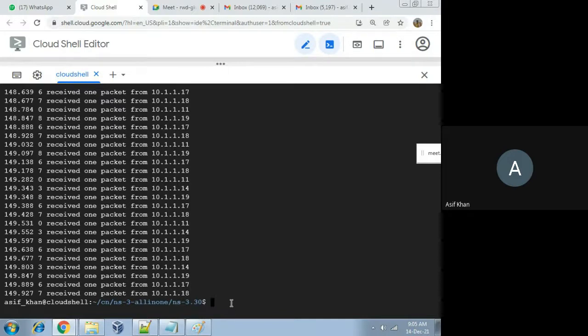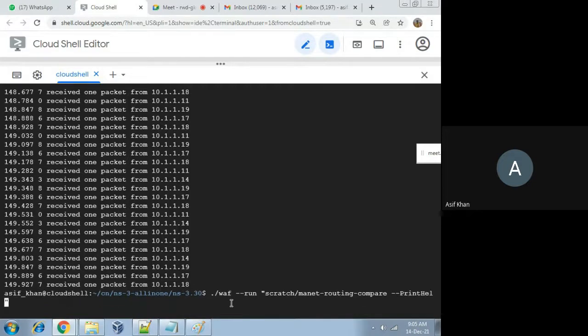Now if you want to know what arguments you can pass to this program in the command line, you can check that by using the PrintHelp command. How to do that? ./waf --run, then space, then within double quotes you write scratch/manet-routing-compare --PrintHelp. In PrintHelp, P is capital, H is capital.